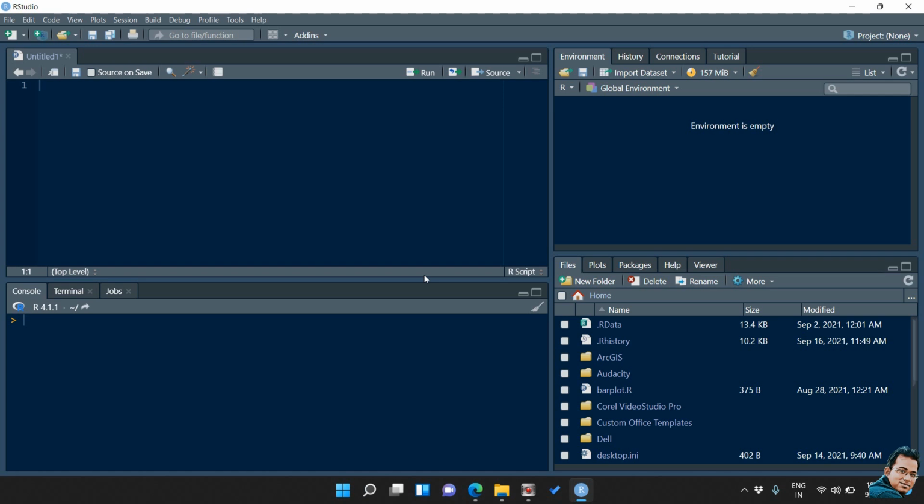RStudio is available in open source and commercial editions and runs on a desktop having the operating system Windows, Mac, or Linux, or in a browser connected to RStudio Server or RStudio Server Pro, and you can run your R programming using RStudio Cloud. We will make a separate video on RStudio Cloud.